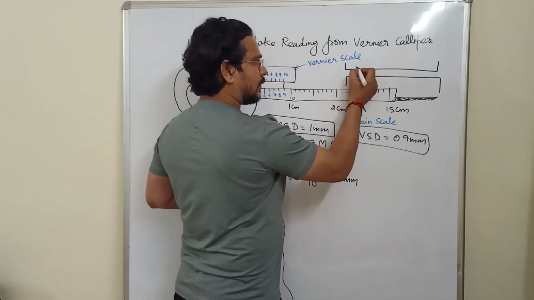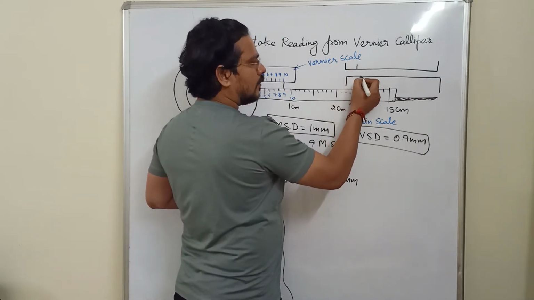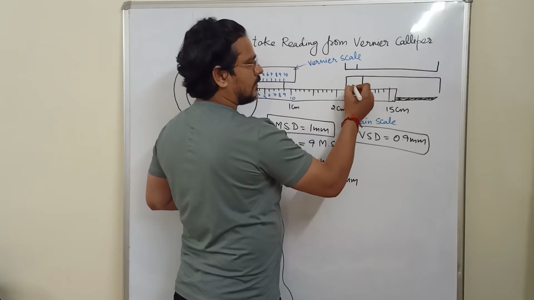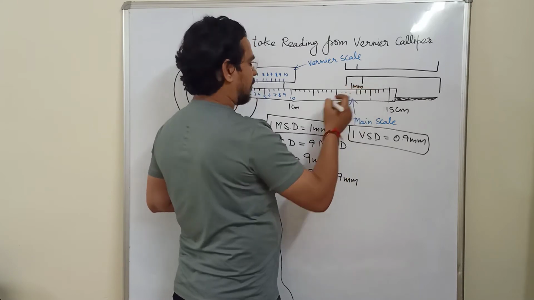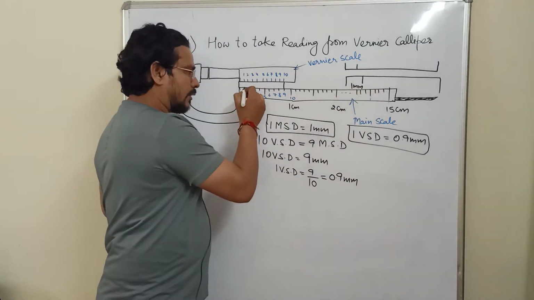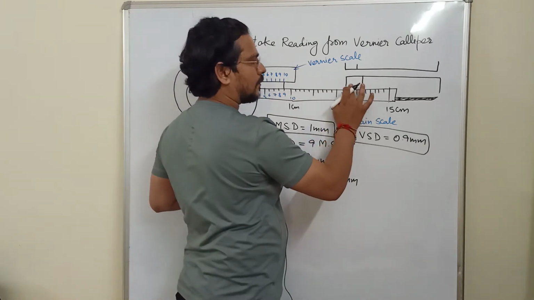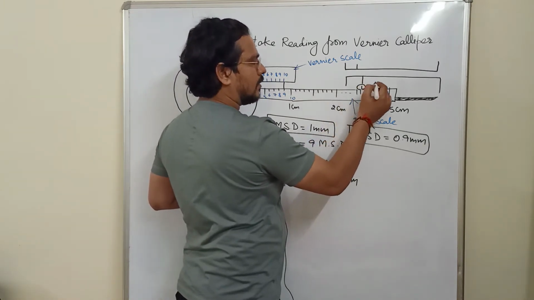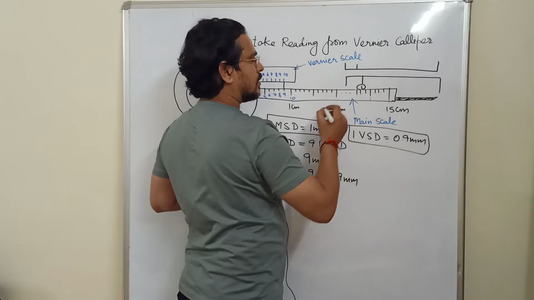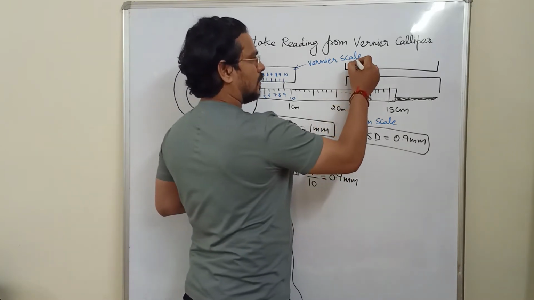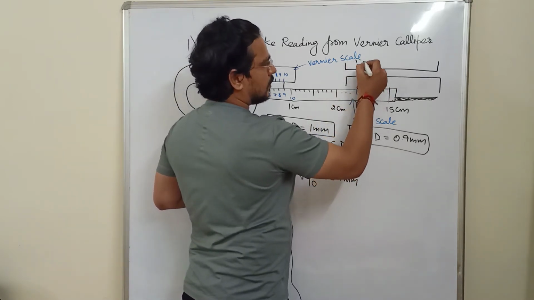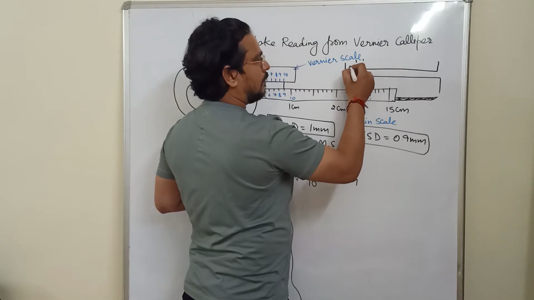So here the first vernier scale division will be a little less than the first division. So this distance is 1 mm. This very first line here is 1 mm, and here is your first vernier line, first vernier division. The gap between these two will be